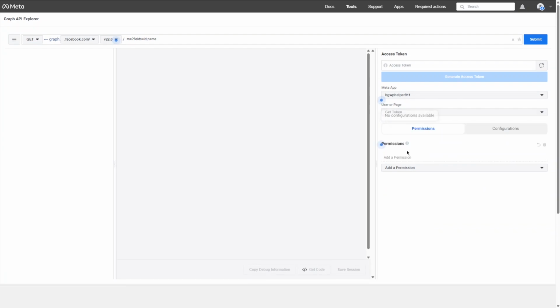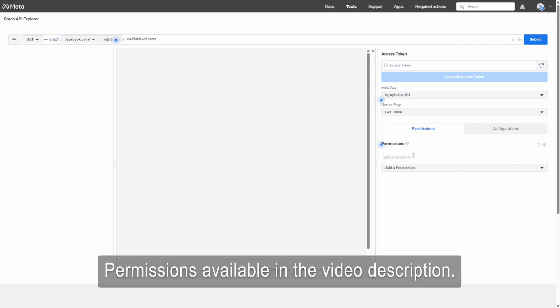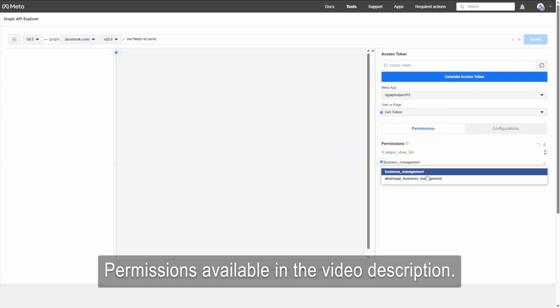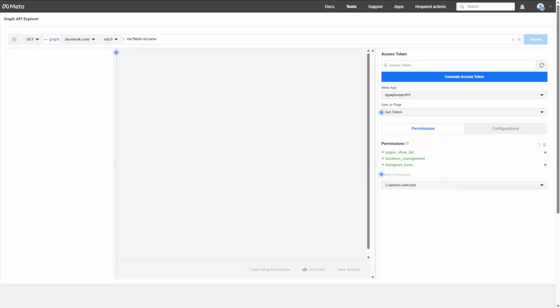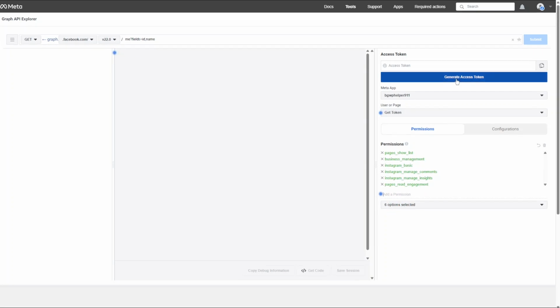You need some permissions here, and in the video description, I will add these permissions. Pages show list, business management, Instagram basic, Instagram manage comments, Instagram manage insights, and finally pages read engagement. Now click on generate access token